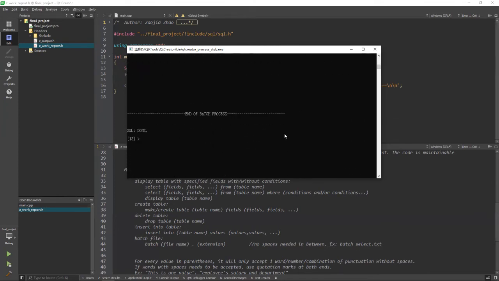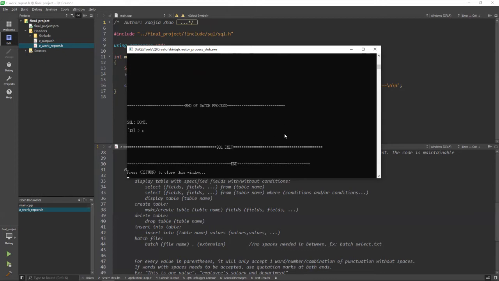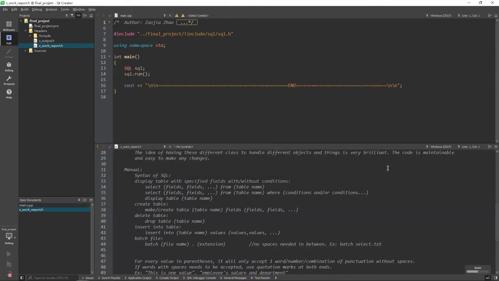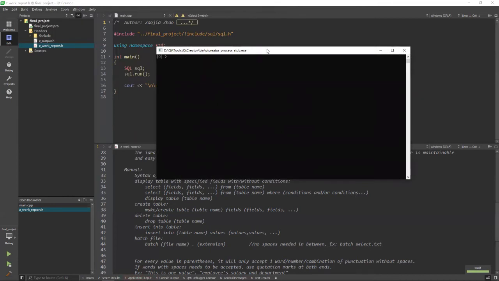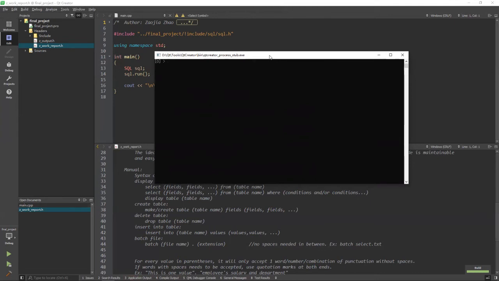And then let's say I exit the program and start it again. Remember we just dropped the table student, but the batch file put it back in. So it's going to log, it's not going to lose data if I shut down the program. So we can still do a select all from student, and it's still going to give you the table